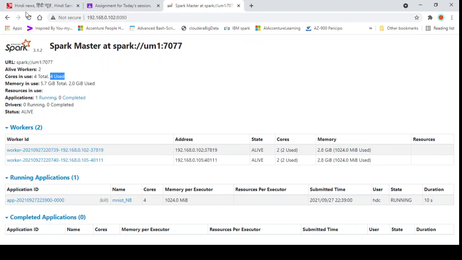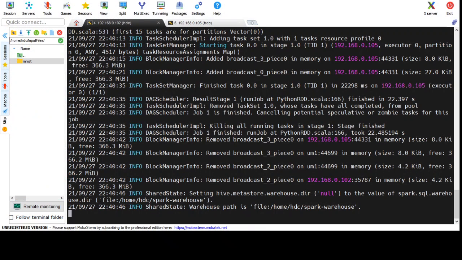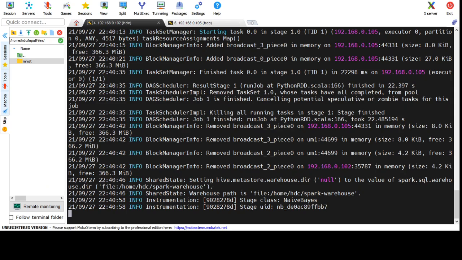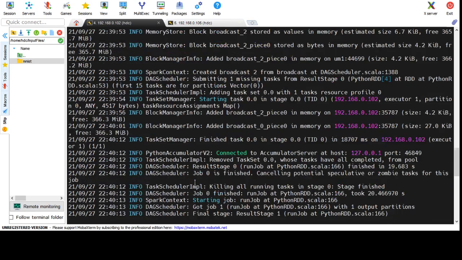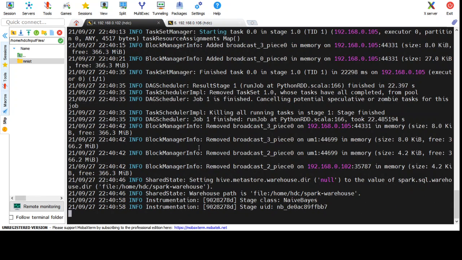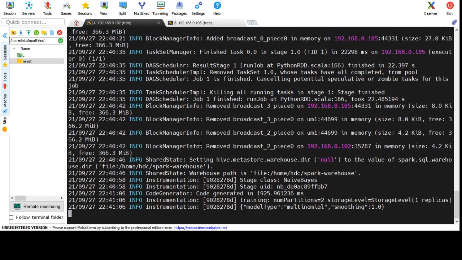Okay, so this process is running, and let me show you my screen also, so that you can get an idea how the log actually looks like.